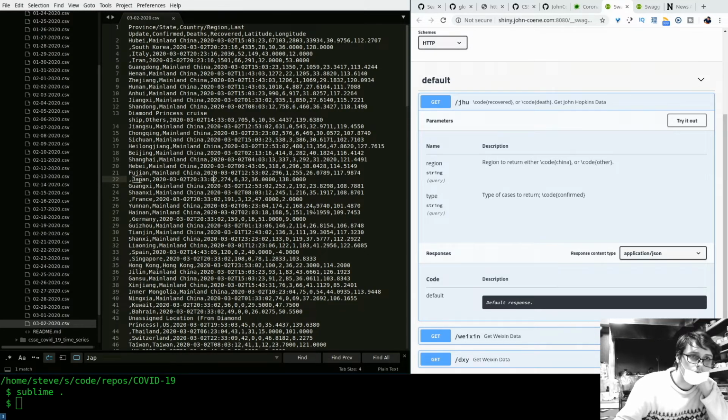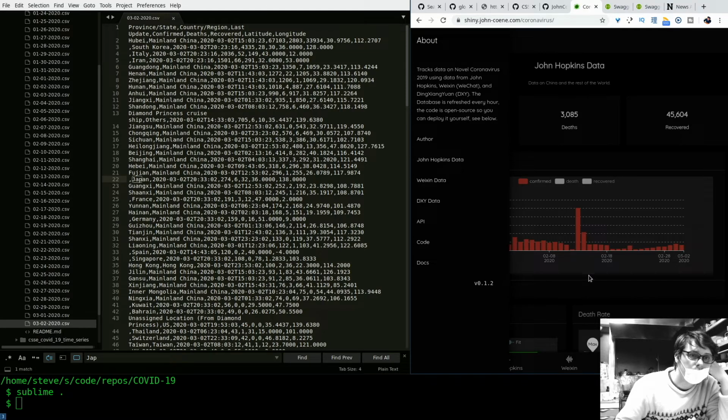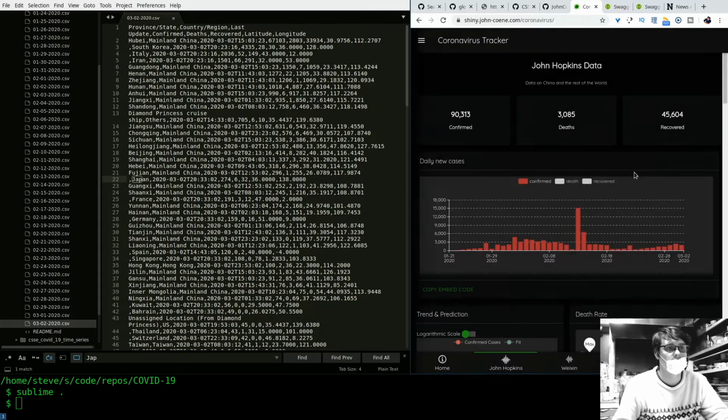So if I were trying to do a live stream, then it's only so, I guess. But then, for example, this data, let's try to figure out how recent it is. 90,000 confirmed. According to Hopkins data,